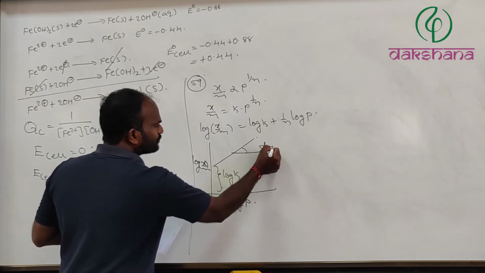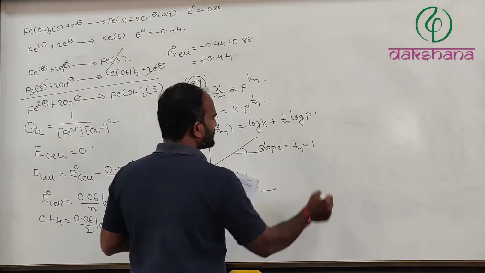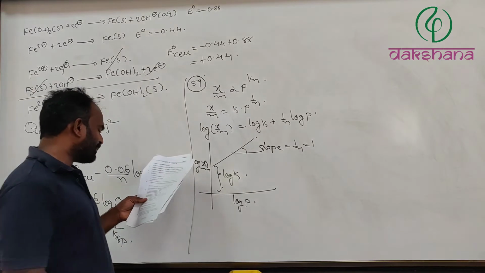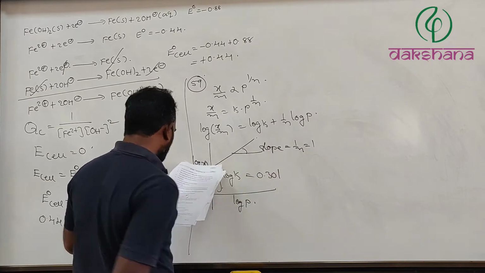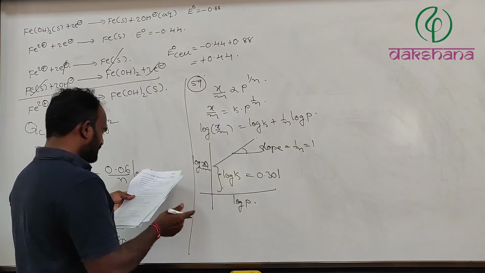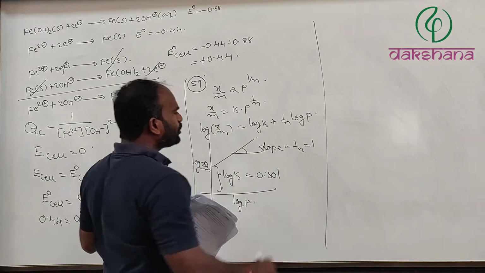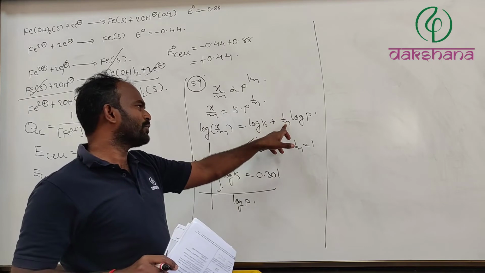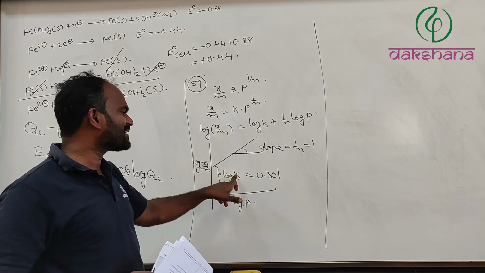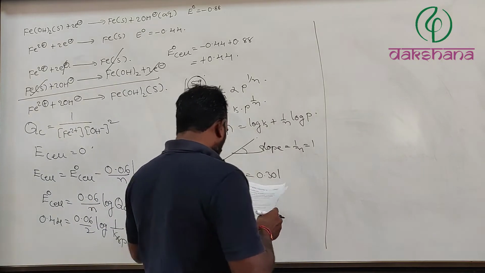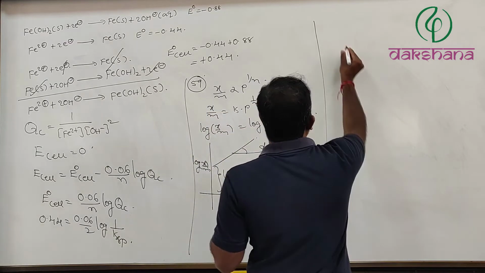slope is equal to 1/n, given that it is 45 degrees, tan 45 equals 1. So here the intercept value, given as log k, is 0.3010. So from this, first of all, log(x/m), as we substitute all the given values, here this value is equal to 1 and log k is equal to 0.3010, obviously k is equal to 2.